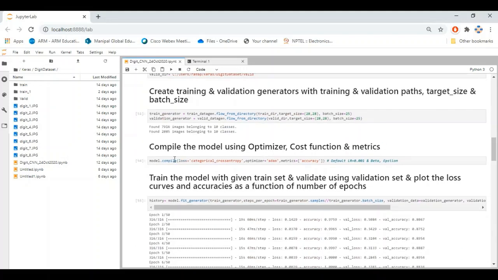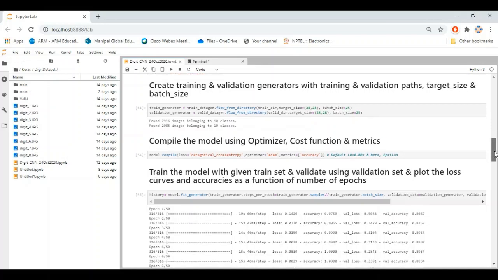Now the next thing is compiling the model. Model is the name of the CNN model that we constructed, and for compiling we need a loss function, which is cross entropy because the task is a classification task. To optimize the parameters like weights and biases, we need an optimizer. That's nothing but Adam, adaptive momentum.